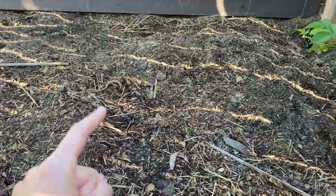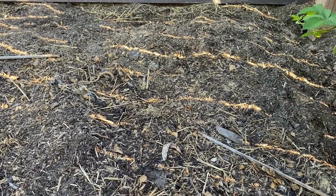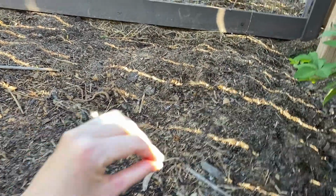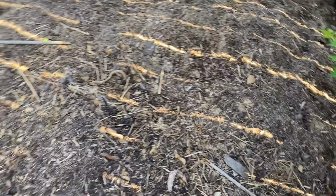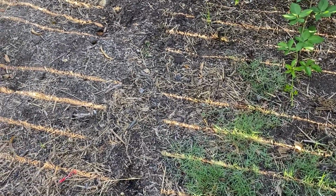Now, this is our compost. I did not buy this compost. Our chickens made this compost. We had so few weeds in this. It was amazing. Now, just over here, because it didn't fill up a huge area because I added it to my vegetable beds. But just on this side, look,